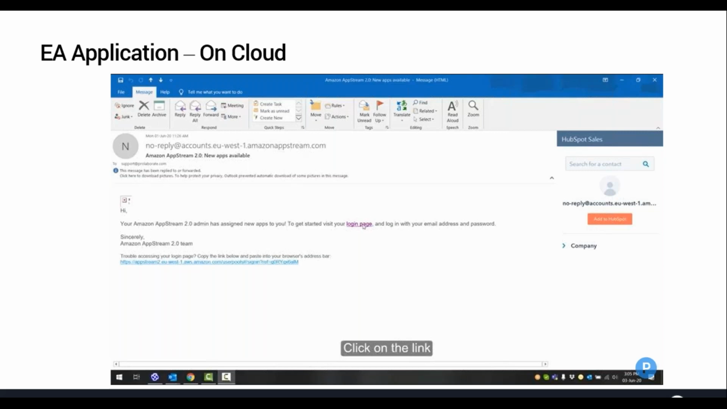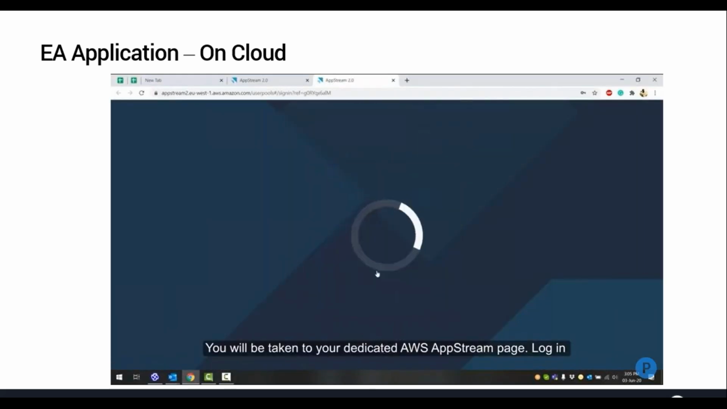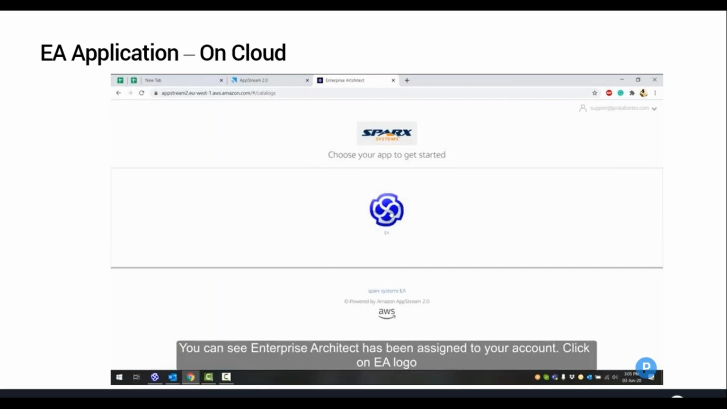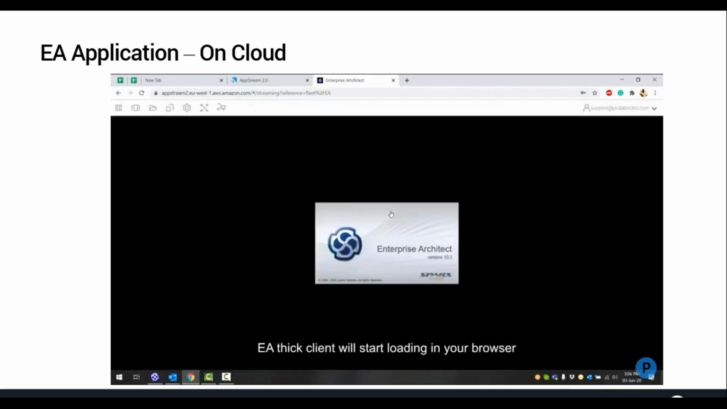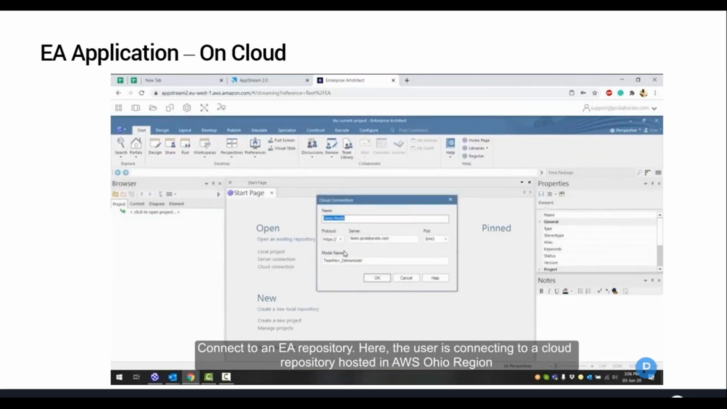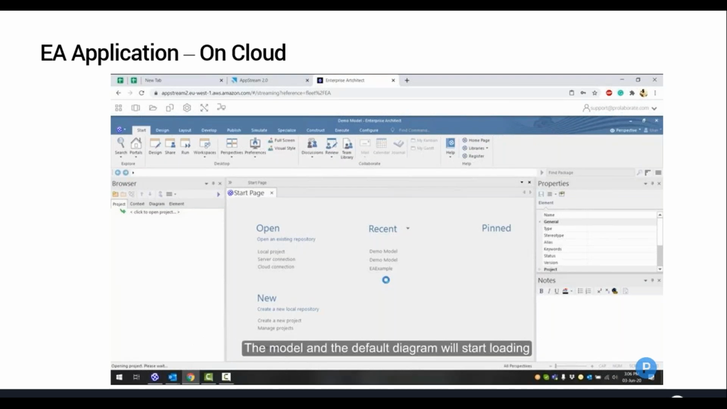All they need is an email or a link that is shared to them, and just on a click of a button, they get taken to their app stream or the EA that is streamed through cloud. The Enterprise Architect application opens up in their browser, Safari or Chrome or whatever, and it's only then that they realize they are accessing it through a browser. Right after that, it's the actual application in front of them, and they could do their normal modeling